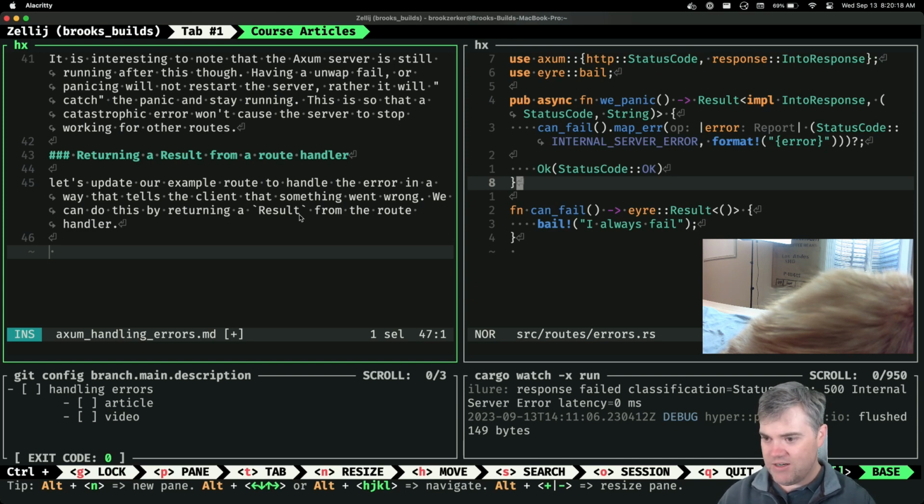Okay, so let's update our example route to handle the error in a way that tells the client that something went wrong. We can do this by returning a result from the route handler.